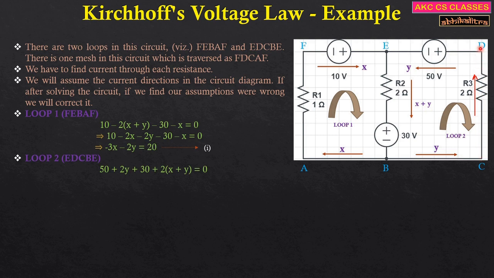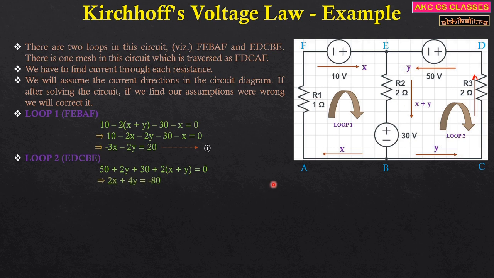Now over here in this line, we see that we are moving from lower to higher potential. That means it will be 2 times y. Then we come to this battery voltage. We are moving from negative to positive, so there will be a rise. That means the rise is positive, that is 30 volts, plus 30. And we are moving opposite to the direction of the current, which means we are moving from lower potential to higher potential, which is a rise of IR. That means it's plus 2 times (x plus y).